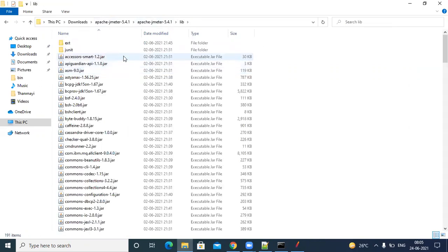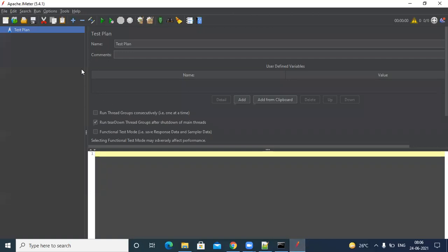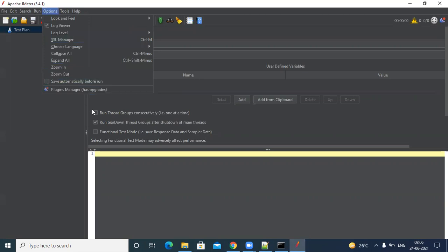Lib and external, and you just paste the jar. Whenever you do these things, like copying the jars and pasting, you always have to restart to reflect the new changes. Otherwise, the changes won't be reflected. As I already have the jar, it will display here. Earlier, without the jar, you couldn't see this option. But once you keep the jar and restart JMeter, you will see the option here.